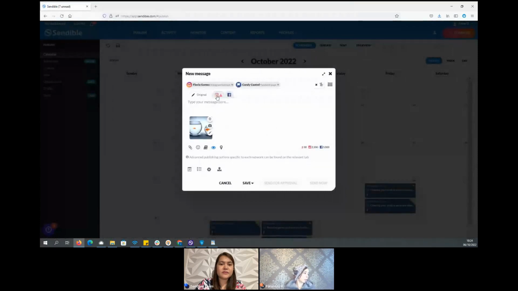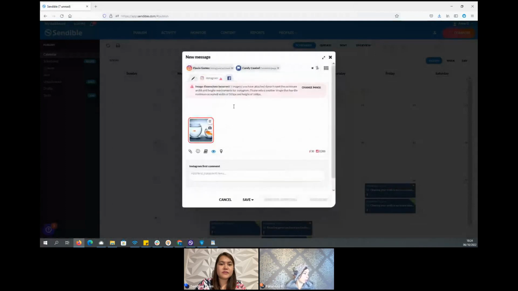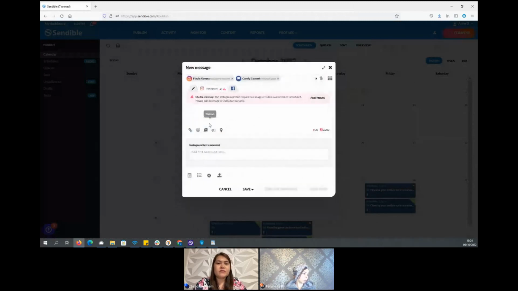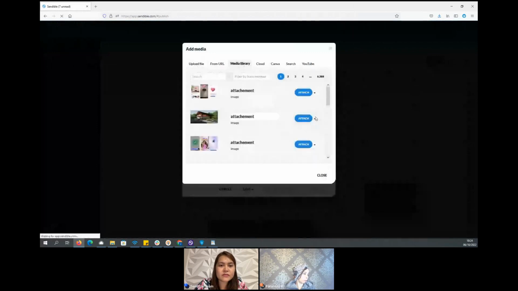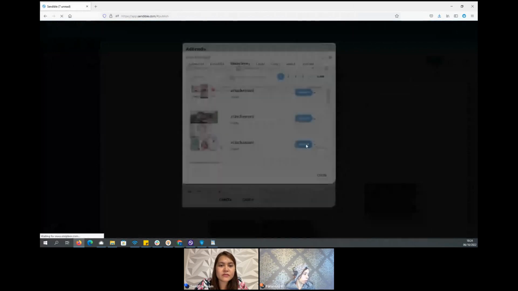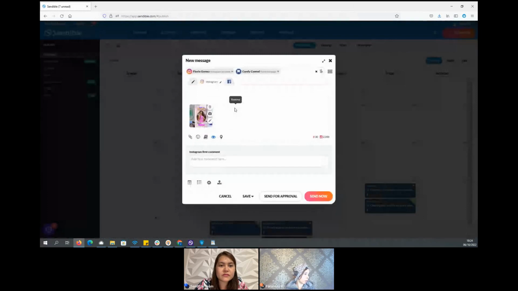Upload the image. And so basically it's prompting to change the image. So I'm going to replace this image with a different image, and I'll use one from here. Let's use that one right there. Delete the one. So now as you can see, the change has taken effect in the spot tab for Instagram,